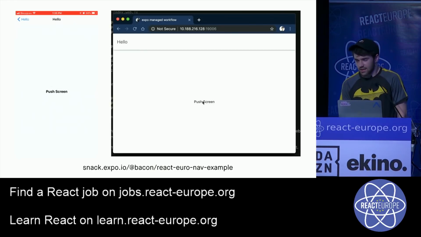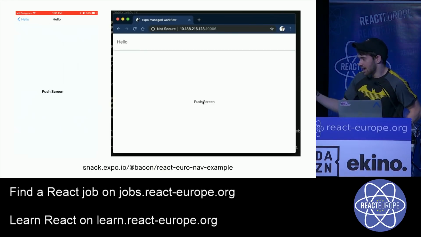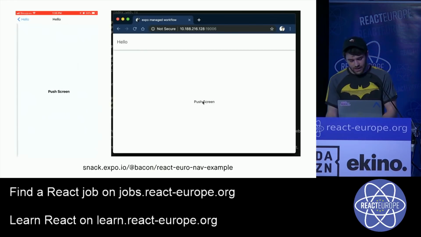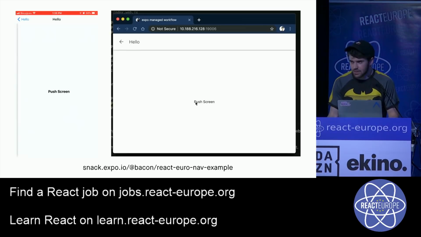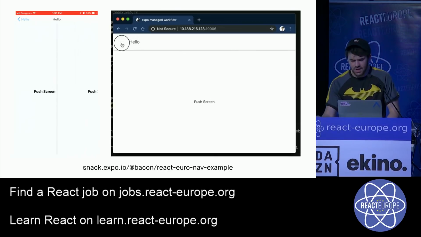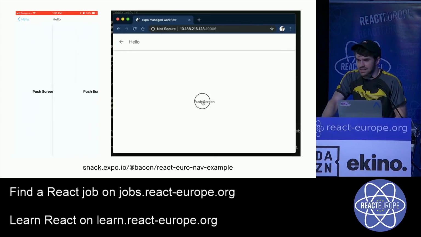So taking React Navigation, which is made by our illustrious MC, Brent Batney, we can take static navigation from native and run it in the browser like this. But you'll notice the history API doesn't change, and the back buttons don't work. You need to use the built-in one, or you need to use the custom ones. And stuff like this makes it less than optimal,